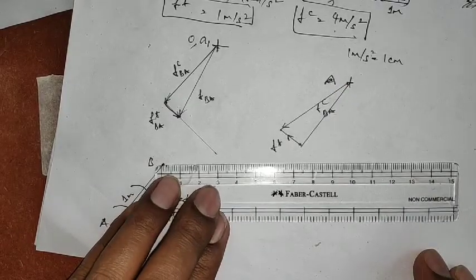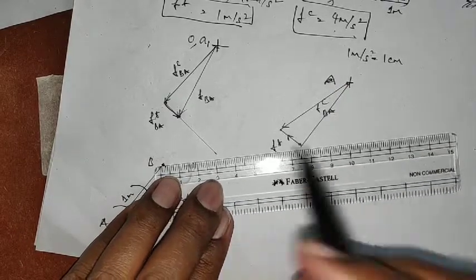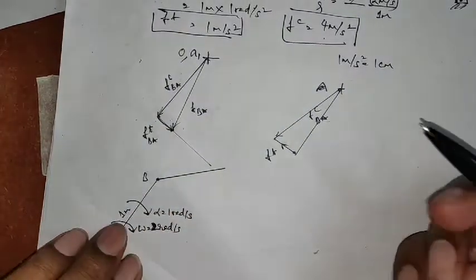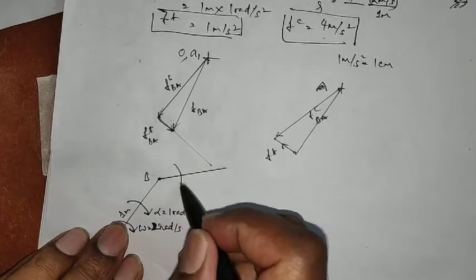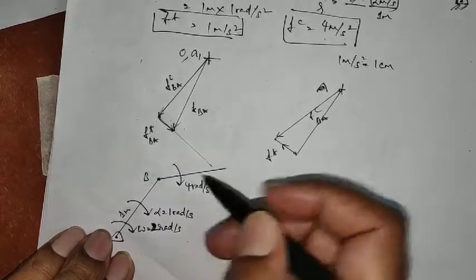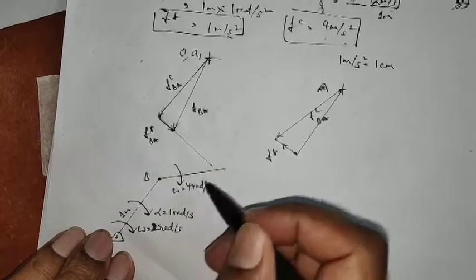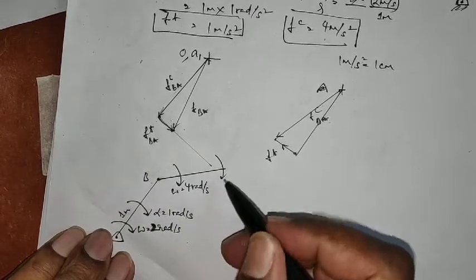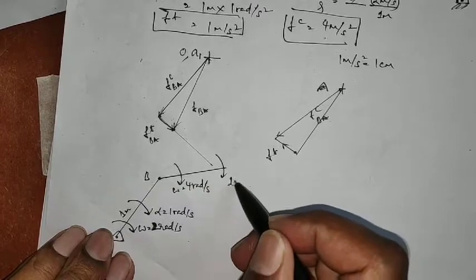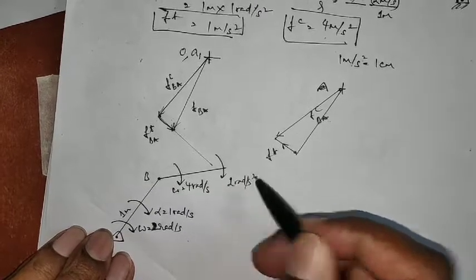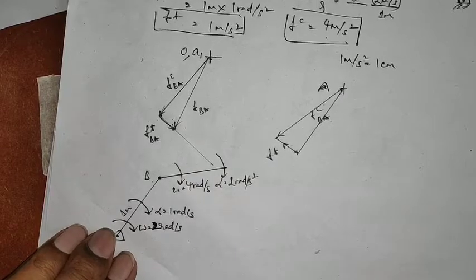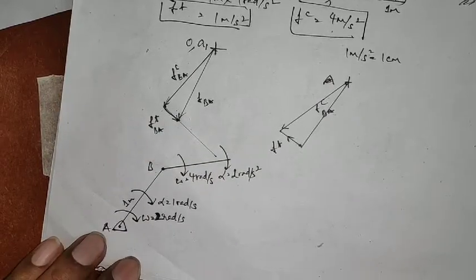Now I will try to make this numerical a little complicated by adding one more link like this. Let the one more link which is now attached to this have an angular velocity of 4 radians per second, and an angular acceleration of, say, 2 radians per second square, which is clockwise. Then how do we actually continue the problem?